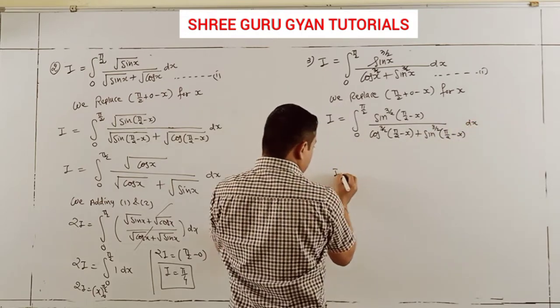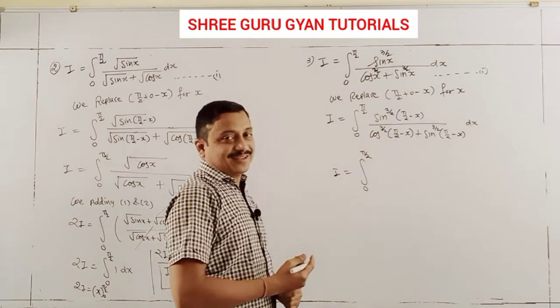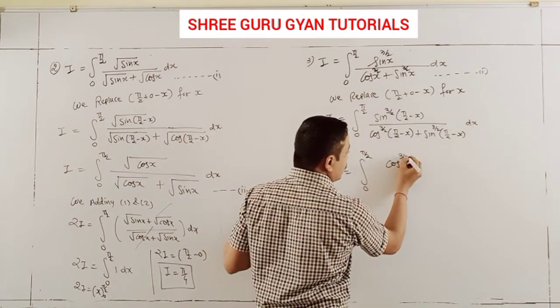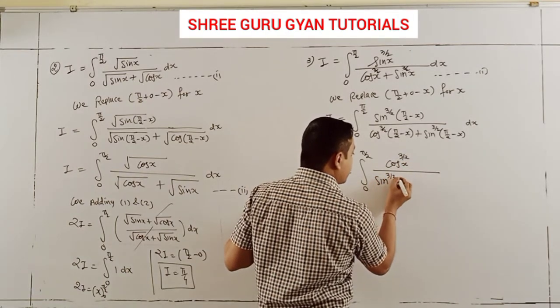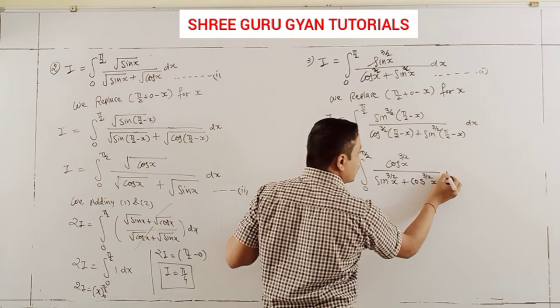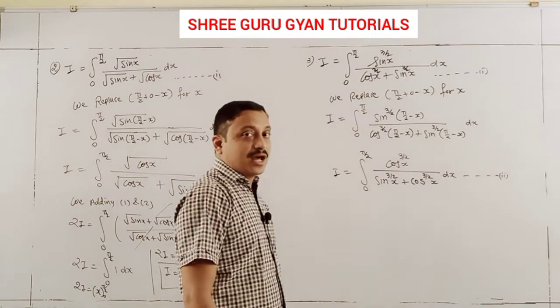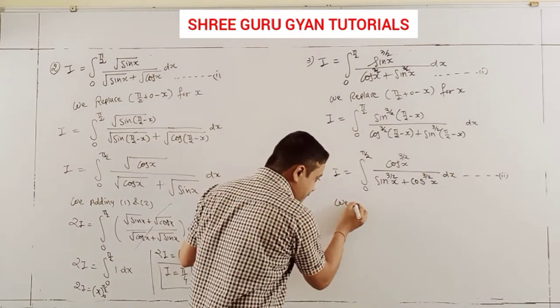So your data is converting indirectly cos raised to 3 by 2x. Here sine raised to 3 by 2, cos raised to 3 by 2. That is statement number 2. Now 1 and 2 addition. So we adding